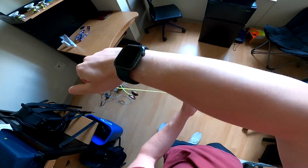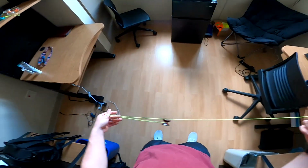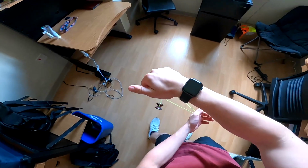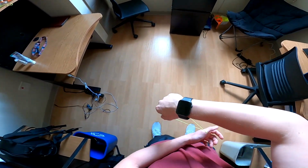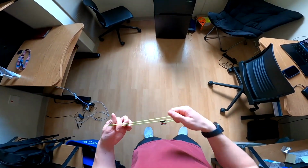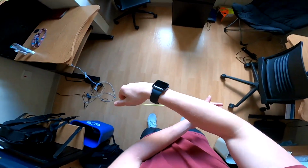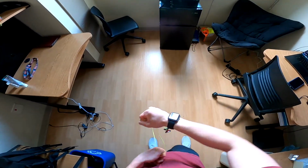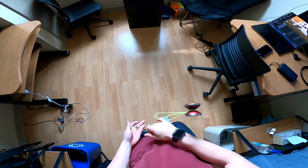So once I'm here, I've got the yo-yo swung over here. Right when the yo-yo hits the end of the string, right when you feel it hit the end of the string, what you're going to do is this very weird, I guess, slack movement. Here's what's gonna happen. Your hands are gonna be crossed like this, but what we're going to do is uncross them and take your throw hand right here and swing it around almost in a half circle. So notice,